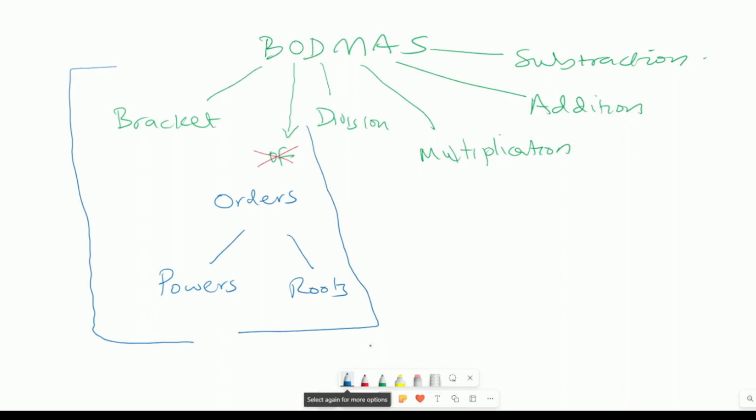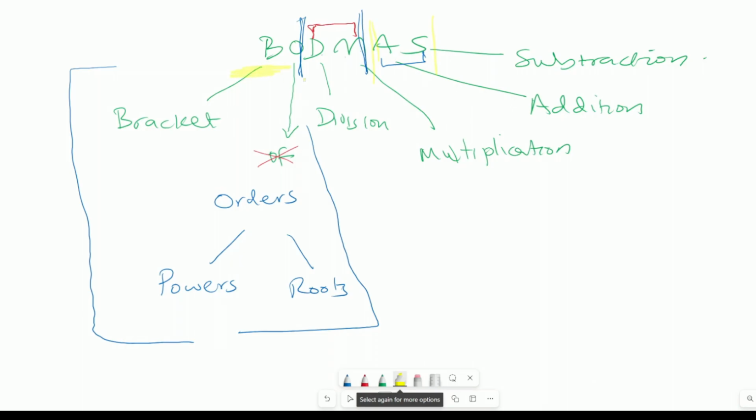In fact, division and multiplication can be done interchangeably because they are actually on the same level. When you divide something before you multiply, or you multiply something before you divide, the effect is the same. The same thing goes for addition and subtraction. When you add something before you subtract, or when you subtract something before you add, the effect is the same. So for the last two, each of them stay in their own area. Division and multiplication is a bit flexible between them. Then addition and subtraction is a bit flexible between them, but you definitely must solve anything in